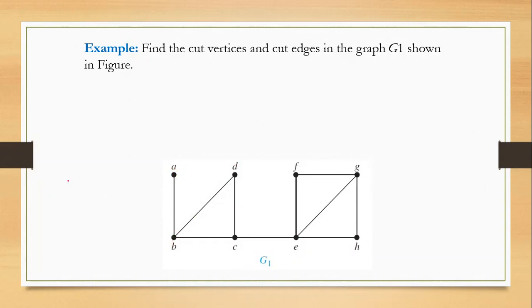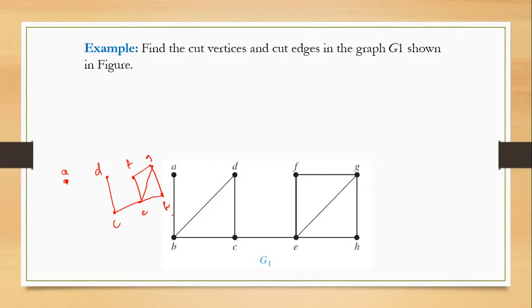If I remove B, then A will be disconnected, as I am removing the vertex B completely. Then D and C will be in this way, and then we will have E, F, G, H, and this way. Now A is alone, a vertex which is not connected to any other vertex by an edge. That is, we cannot reach A. This has become two components.